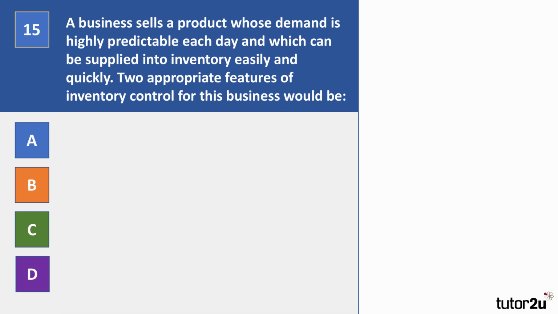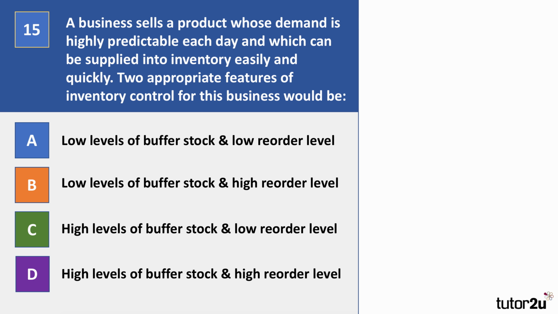A business sells a product whose demand is highly predictable each day and which can be supplied into inventory easily and quickly. 2 appropriate features of inventory control for this business would be... Which of those combinations of buffer stock and reorder level will be appropriate for that business? Pause the video, see if you can select the right option. So we're told some contextual information here in the question. The product demand is highly predictable, therefore not prone to change dramatically, and also it can be very quickly supplied